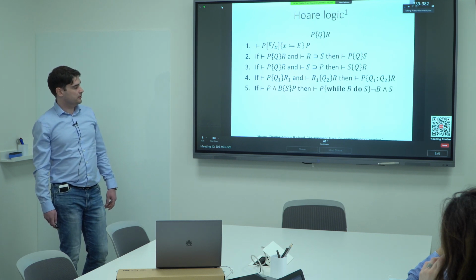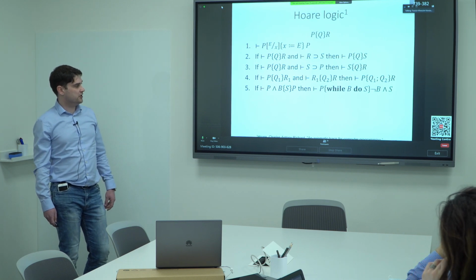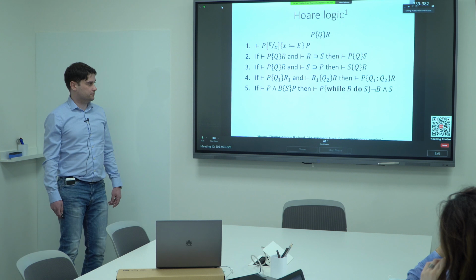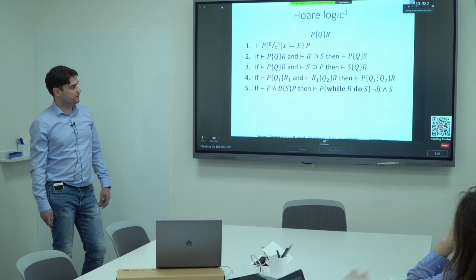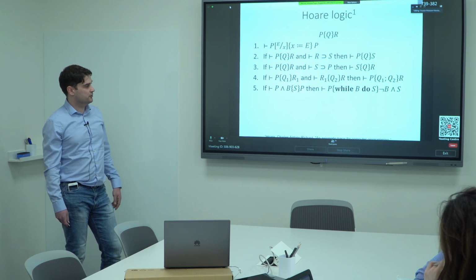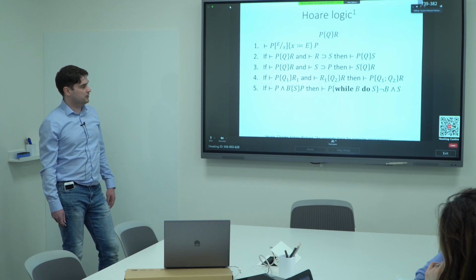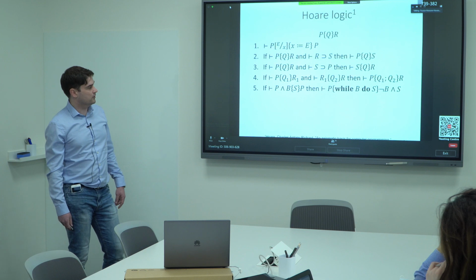Then the final rule is the rule of iteration. It says that if some condition P is preserved between the precondition and postcondition, so if we can prove that if it holds in the beginning, then it also holds in the end, then we can say that this condition can be used as the precondition of a loop with the exit condition not B, and the postcondition will be not B and S, where